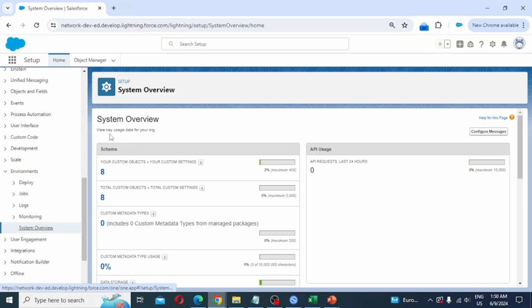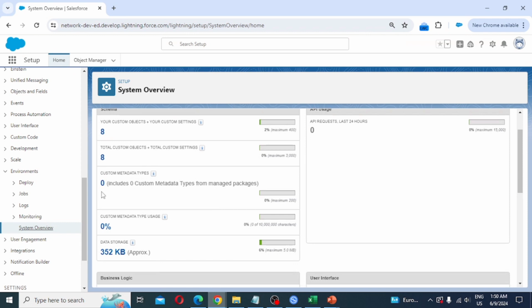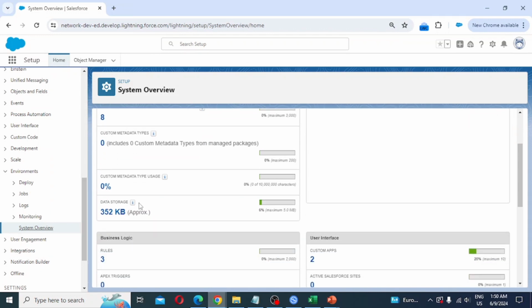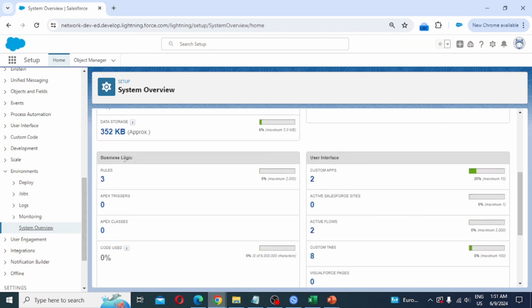System overview, view key usage data for your org. So all the details we are seeing over here, schema, your custom objects, your custom settings. So 8 we have used, 2% of maximum 400, total custom objects plus total custom settings, that is 8, custom metadata types 0, custom metadata type usage 0%, data storage 352 KB approx of maximum 5 MB, business logic 3